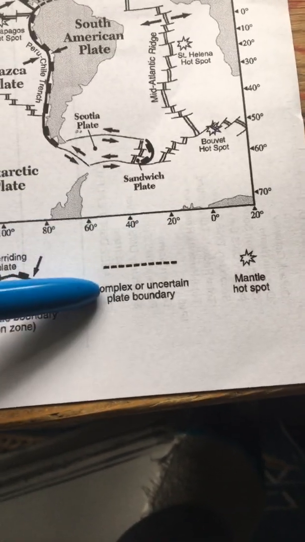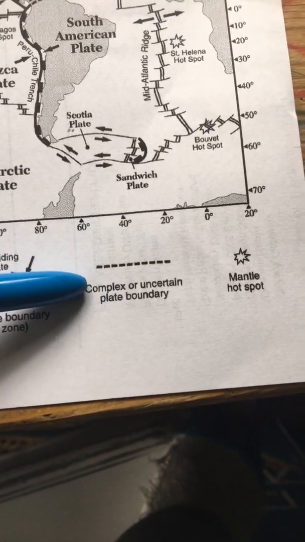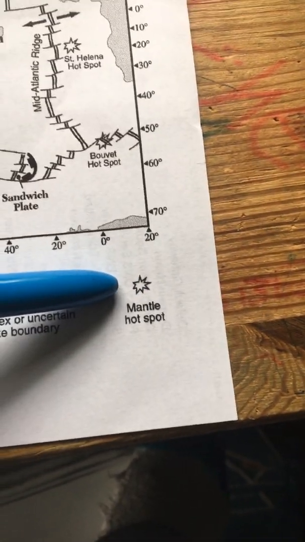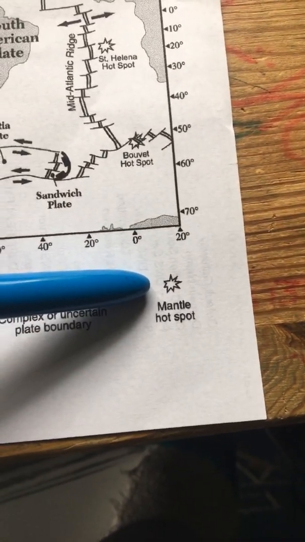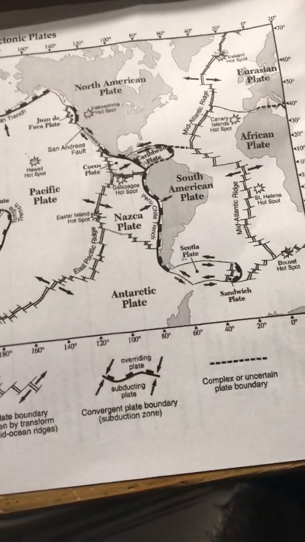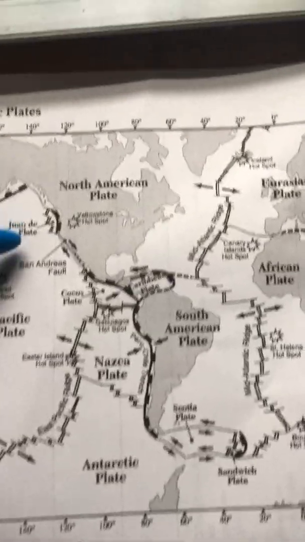They show a symbol here with the dashed line, which are the complex or uncertain plate boundaries, and mantle hotspots. We'll mention a little bit about mantle hotspots. Okay, so let's take a look. Let's go and start with the transform plate boundary. I'm going to go right here to,